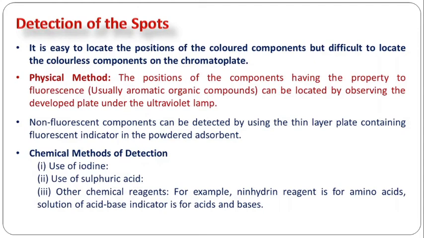For example, use of iodine. If we are using iodine, then in the same container we used in TLC to generate the chromatogram, instead of solvent, just use crystals of iodine and put the dry TLC plate into that. So iodine vapors will be adsorbed on the components of the mixture and a brown spot will appear on the TLC. So we can mark it using the pencil.